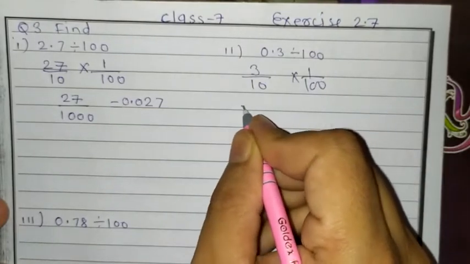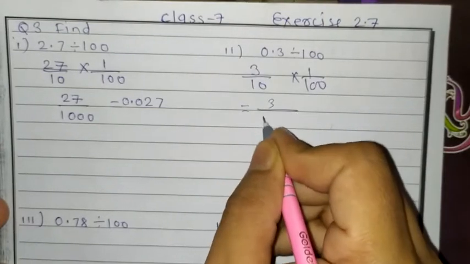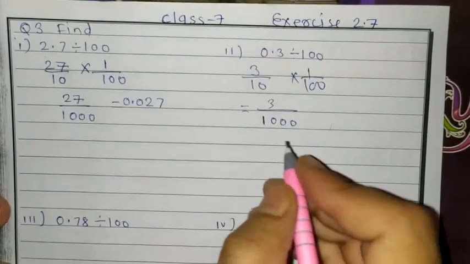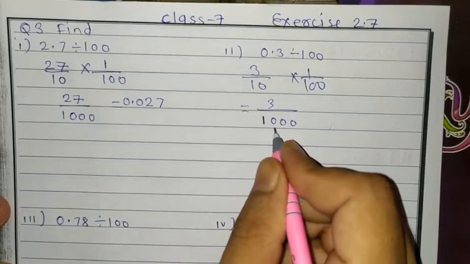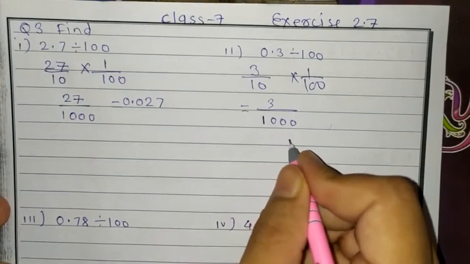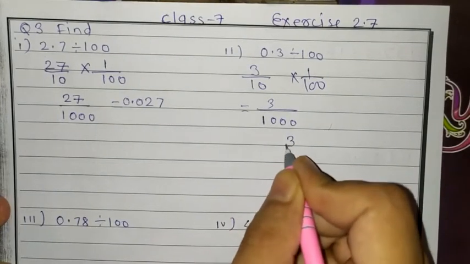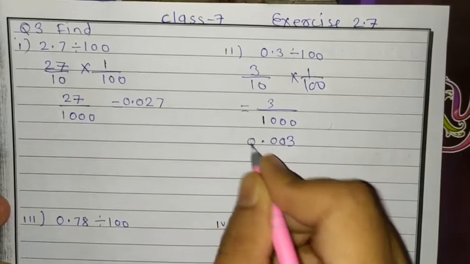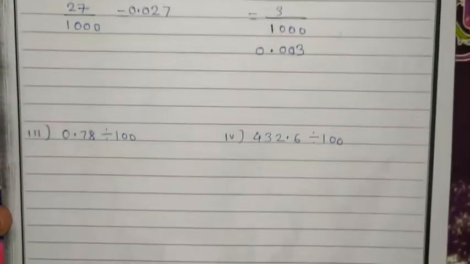Then for the second one you have to use the same procedure, 3 upon 10 into 1 upon 100. So it means it is 3 upon 1000 will be there. So after the decimal point how many numbers? 3 numbers. So this is the number, put 2 zeros because we need 3 numbers after the point. Okay. Third one,